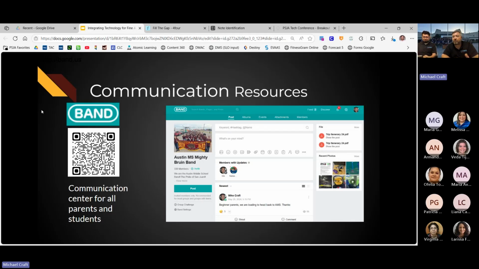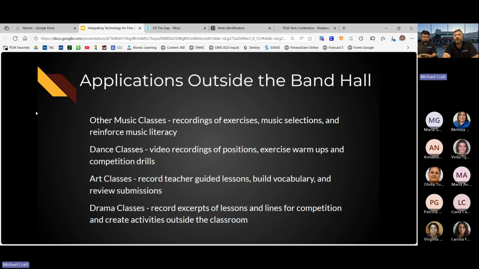There's no limit. We used to use Remind, but I think there's a limit. So I see here we have 330 members. I think we're close to 400 now. Use something like this or Classroom Dojo. It's very useful with the parents, and we have a lot of trips, so it helps a lot.